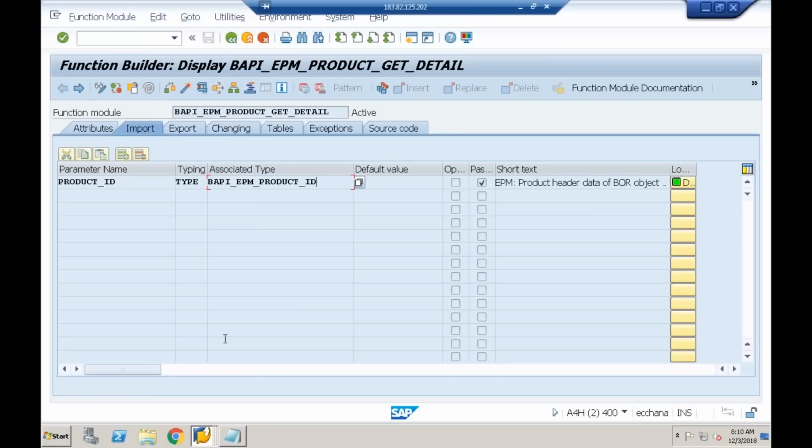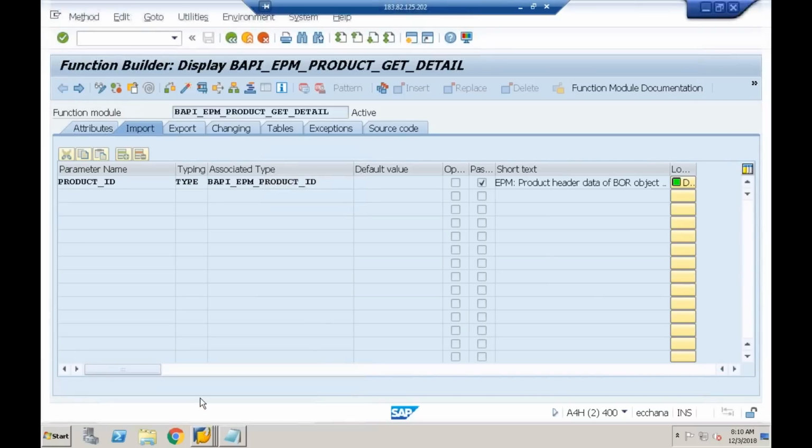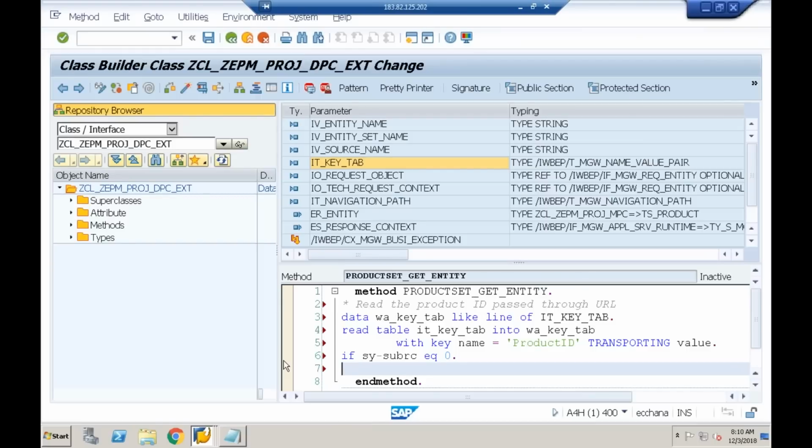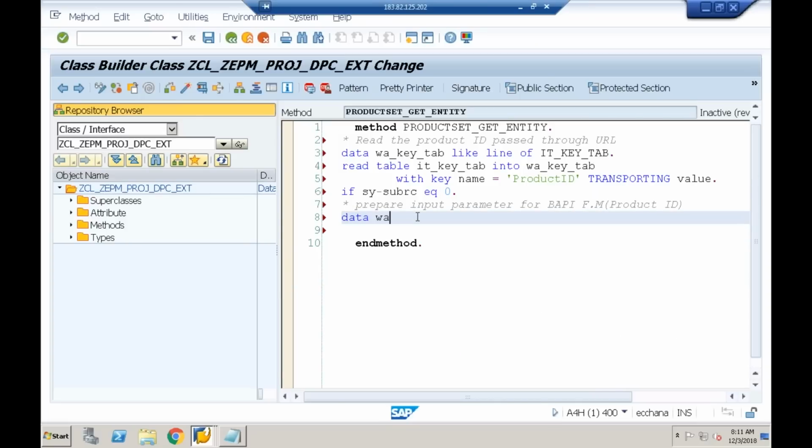So I'll just copy this. Here I would say, prepare the input parameter for the BAPI function module. That input parameter is going to carry the product ID. Done. So let me prepare the data w_product_ID type